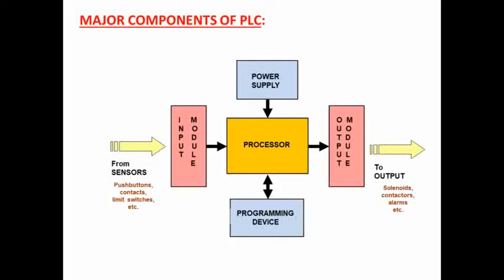The central processing unit governs all the PLC activity, and during its operation, the CPU completes 3 major processes. That is, it reads or accepts the input data from the field devices via the input interfaces. Secondly, it executes the control program stored in the memory system. And thirdly, it writes or updates the output devices via output interfaces. This process of sequencing the reading of input, executing the program in memory, and updating the output is known as